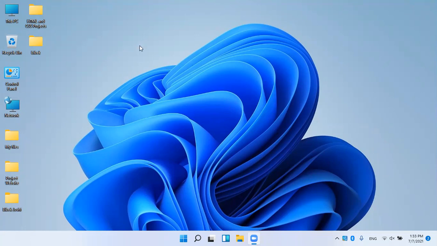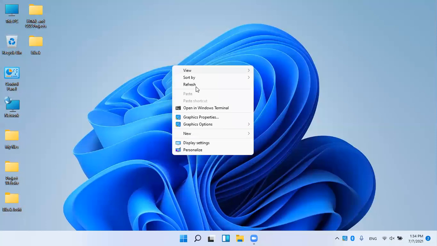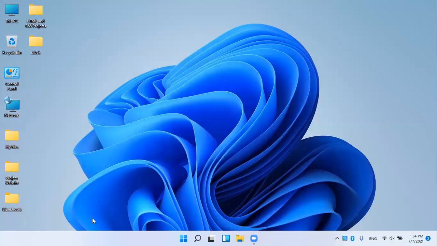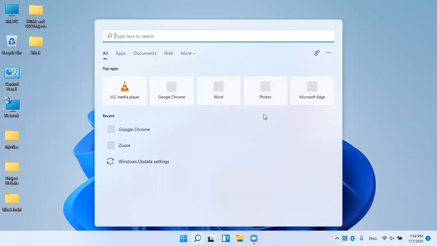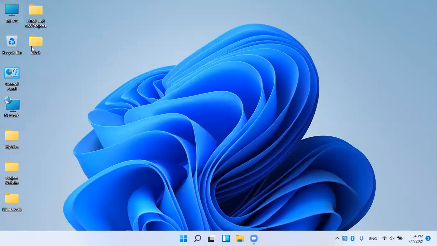So what changes did I get? Whenever you right click over here, you will get these options. Before, we used to get the refresh option, but we don't get it now. So we need to click at the show more option, and you have to click refresh there. This is the change, and the icons have changed, and you can get them at the center, and you can align this screen. So it is a little bit awesome. I like it much, and the icons are also very interesting.